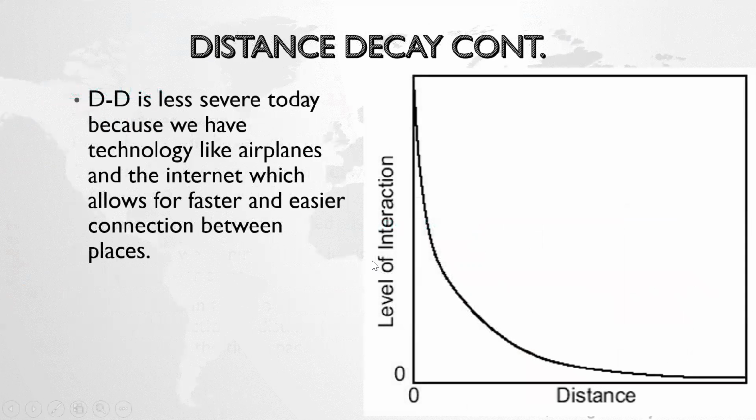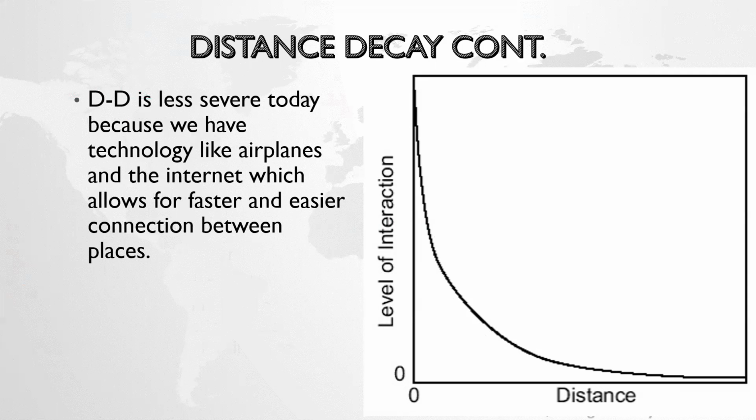Let me show you. So here's the graph, the inverse relationship. As you can see here, the shorter the distance, the greater the interaction. The farther the distance, the lower the interaction. Distance decay, or the friction of distance, you might hear it that way, is a lot less